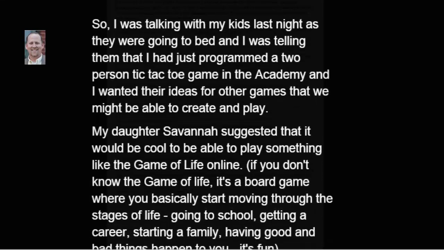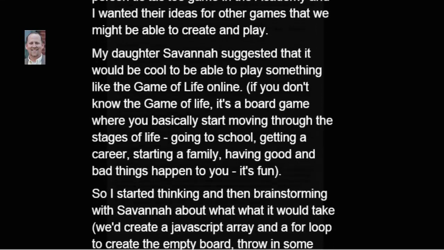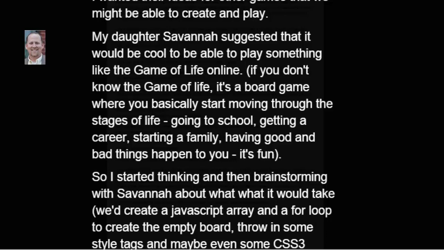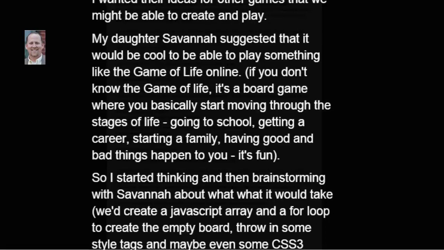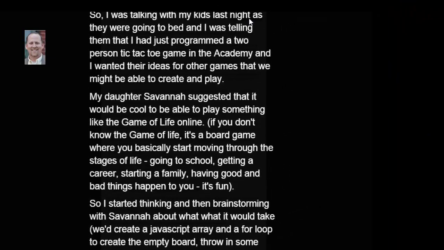So I was talking with my kids last night as they were going to bed, and I was telling them that I had just programmed a two-person tic-tac-toe game in the academy, and I wanted their ideas for other games that we might be able to create and play. My daughter Savannah suggested that it would be cool to be able to play something like the Game of Life